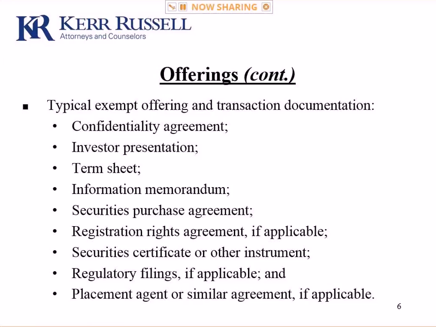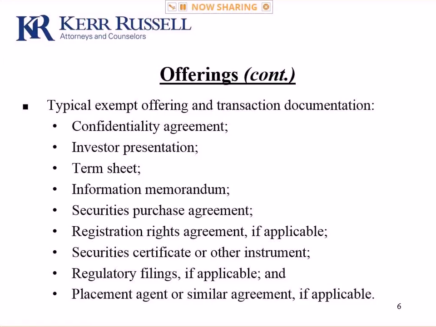From a regulatory standpoint, a key reason why you will often see an information memorandum used is because the issuer wishes to make disclosures not only in order to educate the potential investor and in order to sell the offering, if you will, but more importantly from a liability standpoint to make the disclosures that are necessary due to potential anti-fraud liability. We'll talk more about that a little bit later, but essentially,